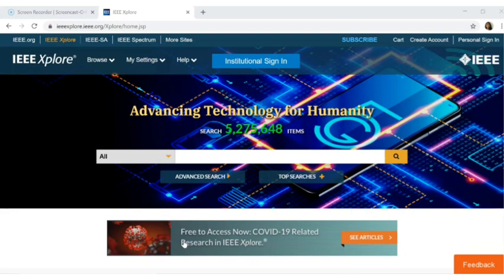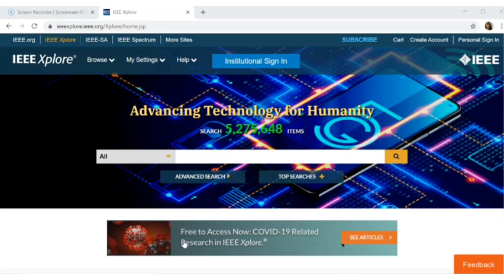So next we are going to start the process of searching. Here we are going to use the site called IEEE Xplore. I'm sure that all of you have heard of this site. If you are going to download some IEEE papers, mostly you'll be getting the papers from this library. This is actually a digital library. All the papers, the authors will be publishing in this library, that is IEEE Xplore.